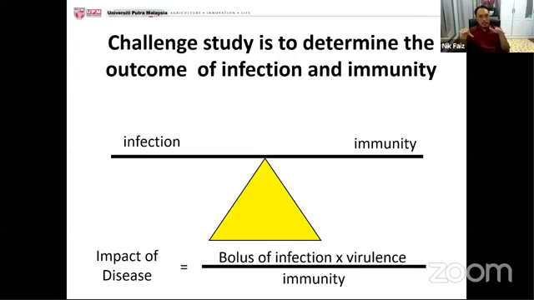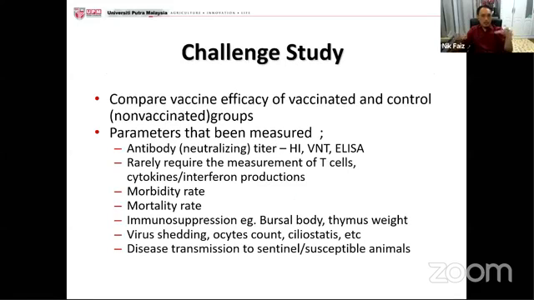The challenge study is to determine the balance between infection and the immunity. Usually, what you do in a challenge study is compare the vaccine efficacy of vaccinated and control non-vaccinated groups. You measure a lot of parameters like production of antibody,